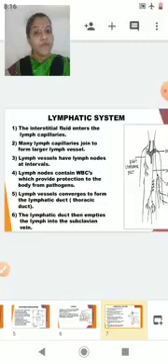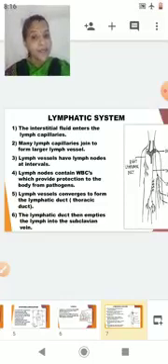So the fluid that oozes out from the blood finally enters into the blood via this lymphatic system. That means whatever interstitial fluid or tissue fluid is there, it is collected by lymph capillaries, which unite together to form lymph vessels, which unite together to form the lymph duct, and the lymph duct finally empties the lymph into the subclavian vein, which is a part of our circulatory system. Is it clear to you, lymphatic system, students?